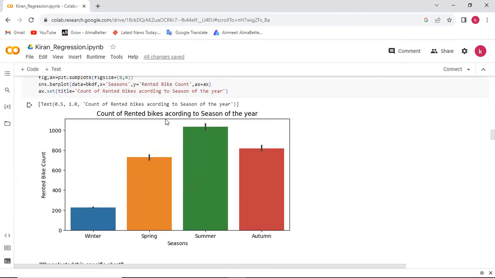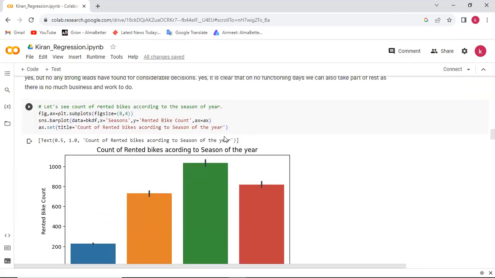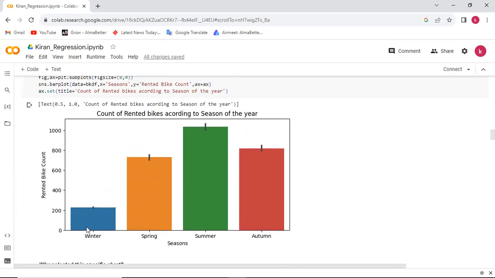Then the count of rented bikes according to the season of the year. As previously we know, there are 4 seasons, and among them the summer season, the green bar, has been observed with the highest demand for sharing bikes, approximately 1000 in that season, followed by autumn with more than 800, and then spring showing a demand of approximately